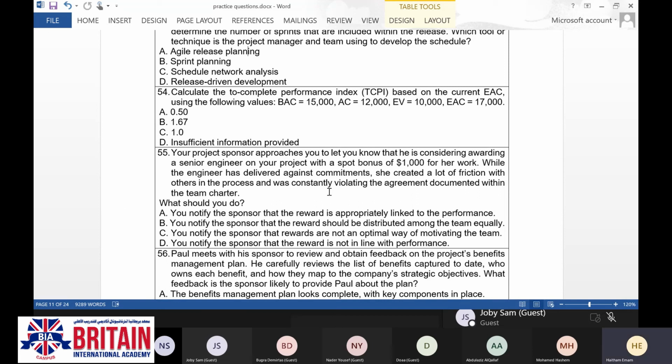When it comes to rewarding and recognition inside a certain company, organization, or entire project, you must have documented, standardized policies and procedures for how you are going to make the rewarding.